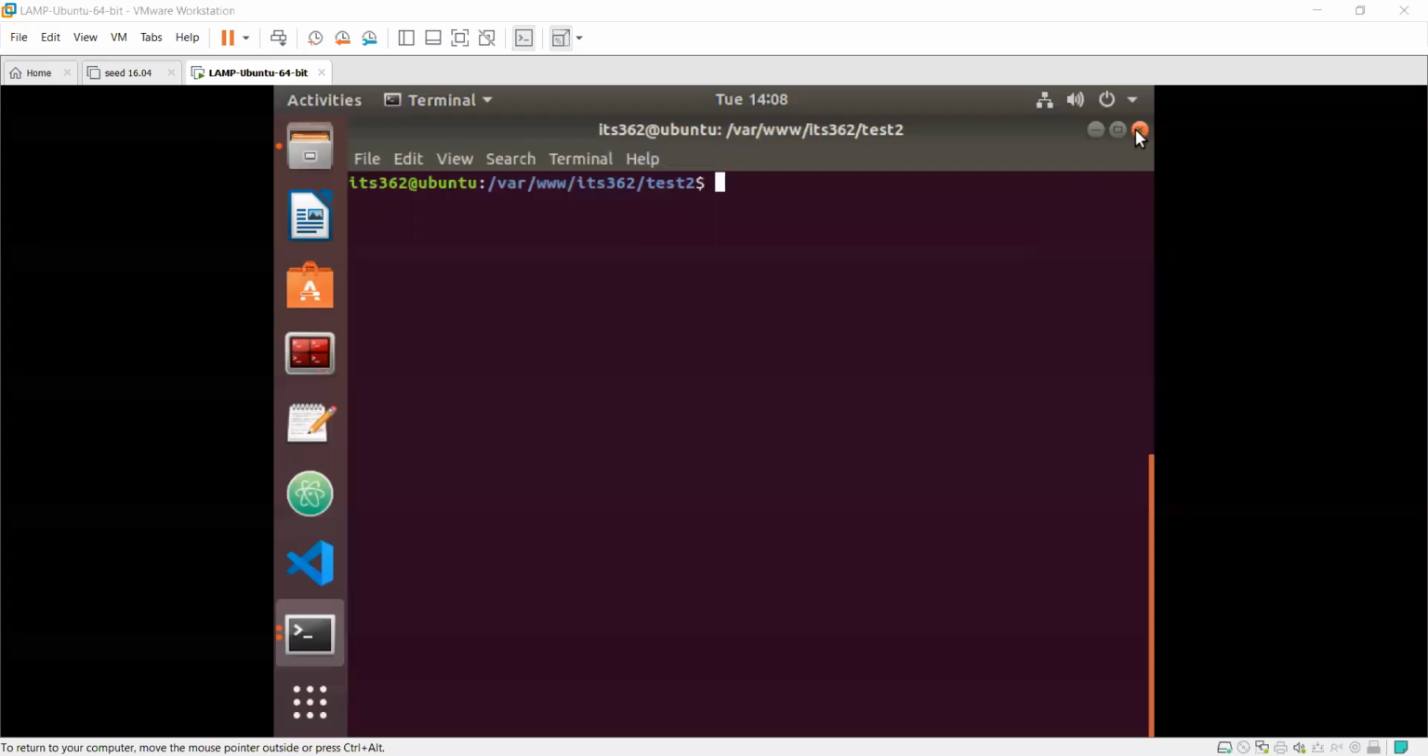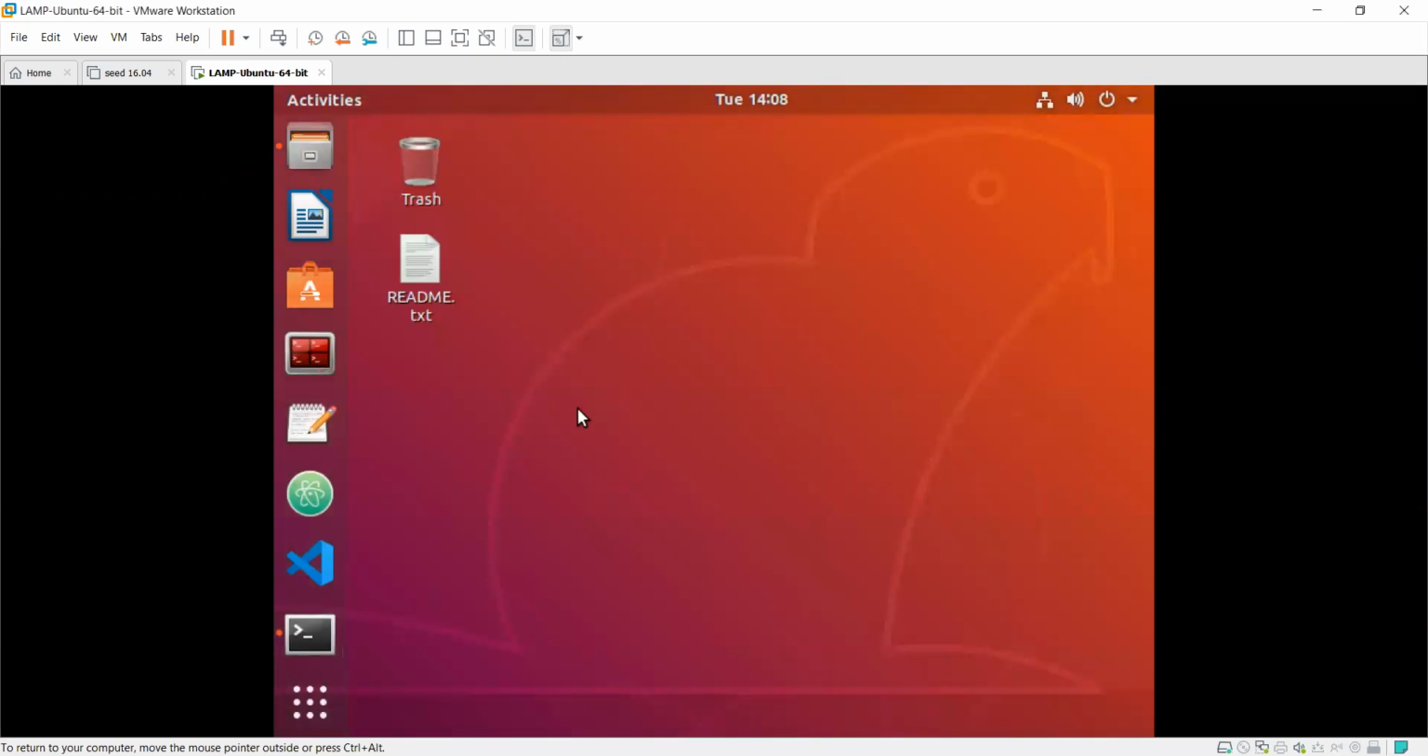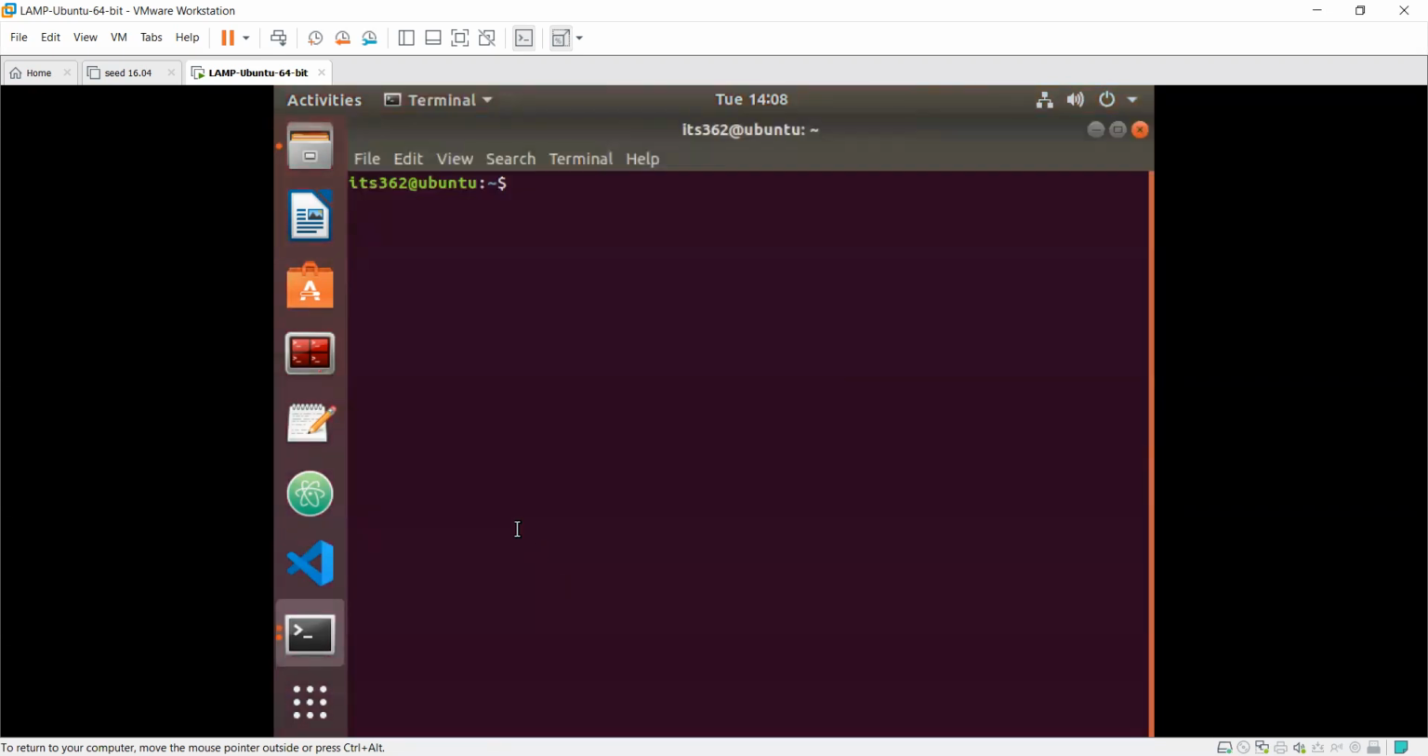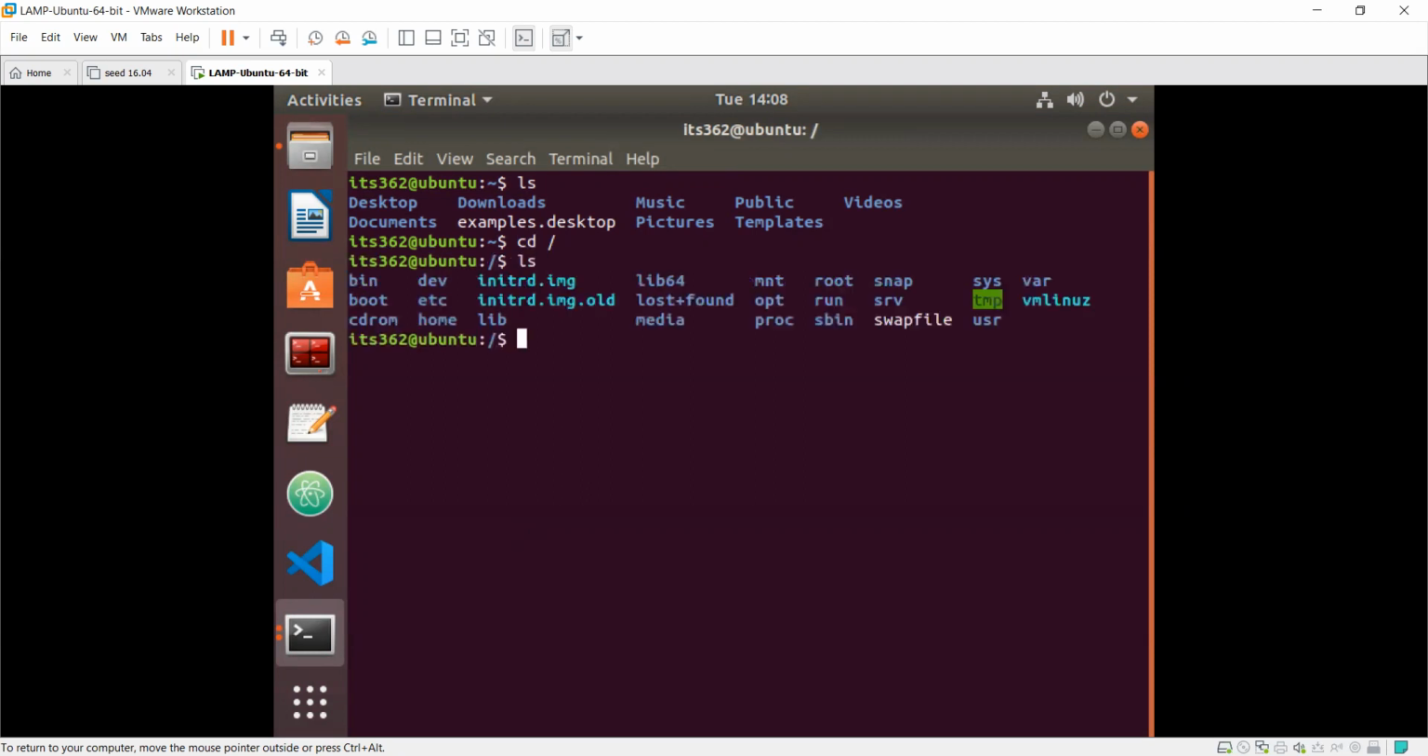All right, so let me close this terminal. Let's say you just logged in, you're here in the computer. You have to open up the terminal. There it is. Then find out where you are, ls. I'm just going to do cd, and I'm going to go to the root, and then you can see I'm here. Then cd var,